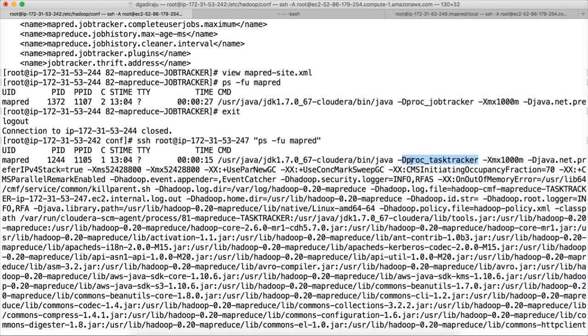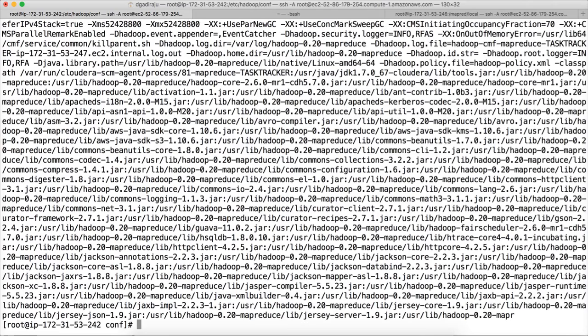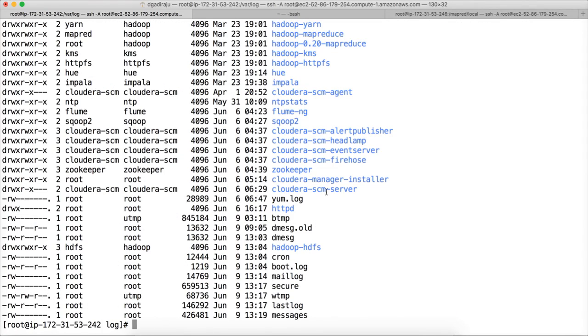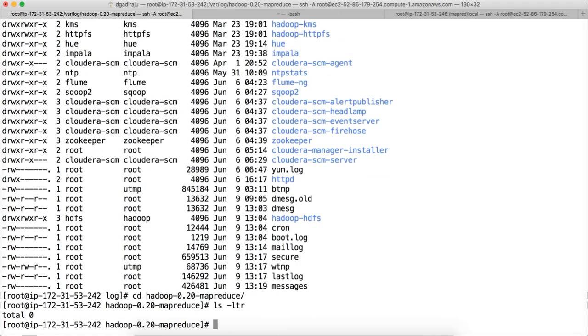So this is how you can look into the parameters of MRv1 and also the daemon processes that are running. And when it comes to log files, the log files will be under /var/log. There is a directory called hadoop-0.20-mapreduce. This is the MRv1. Okay, we are on 242. Here no process is running, that's why there are no logs here. But if you go to 244 where the job tracker is running